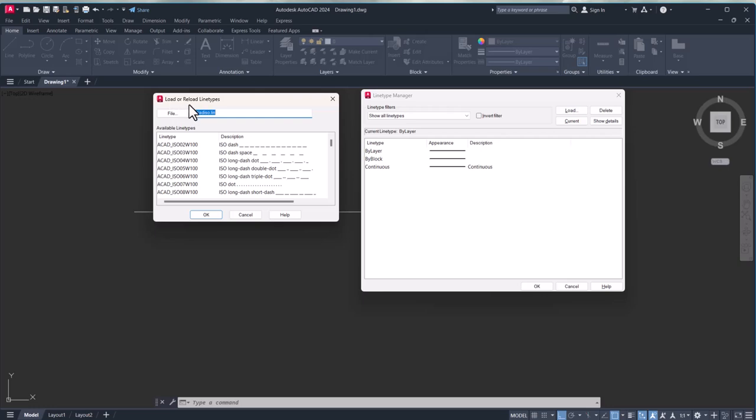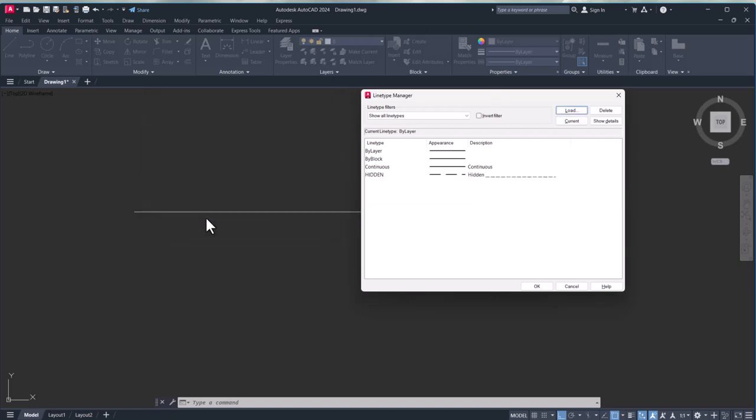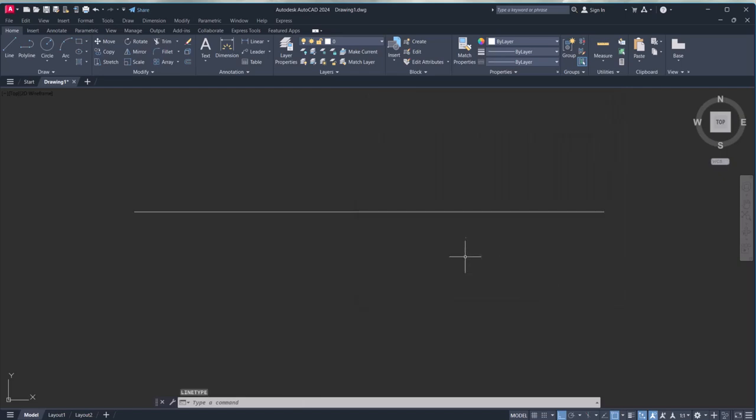Load and reload line types. Scroll it down. Select hidden. Okay. Okay. And now to make this solid line to hidden line, we have to select this one